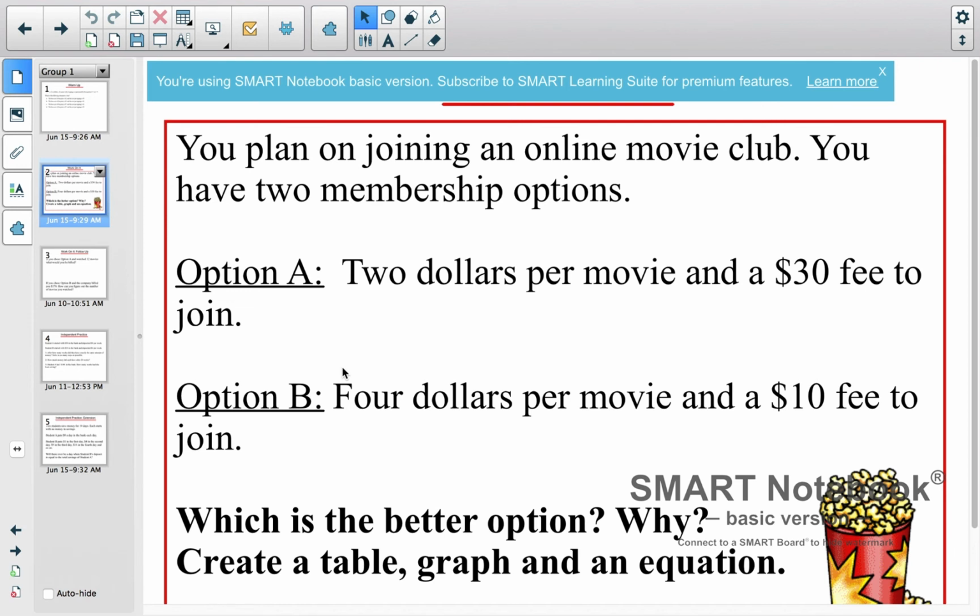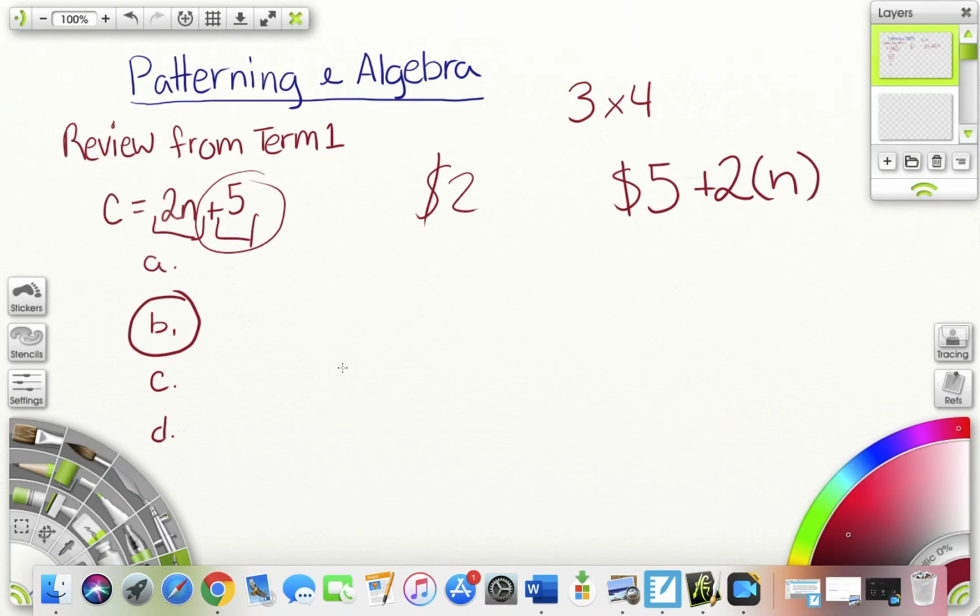So let's break this down. Option A is $2 per movie and a $30 fee to join. So if I were to represent this as an equation, it is